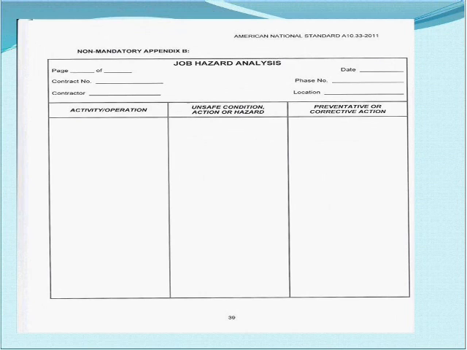This is an example of a job hazard analysis form. It's printed by the American National Standards Institute in A10.33-2011. By the way, that outlines in much more detail what we're going through today, and that is a standard that would be good to have available to you when you're taking a look at what took place on a job site. Did we have someone taking a look at an activity in operation? What was the unsafe condition and what was the action of the hazard. And then, once that was down there, we had this